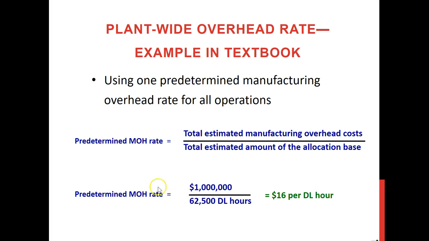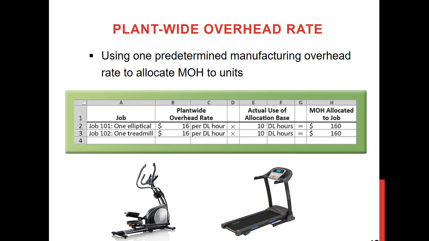Remember, the predetermined overhead rate is determined based on some allocation base. It could be labor hours, machine hours, or labor cost. Here in this equation, they are determining the overhead rate using one plant-wide or company-wide overhead rate. But if you produce different types of products, you will see that they actually use different types of resources, and if you use one company-wide or plant-wide overhead rate, it may not give you very precise costing